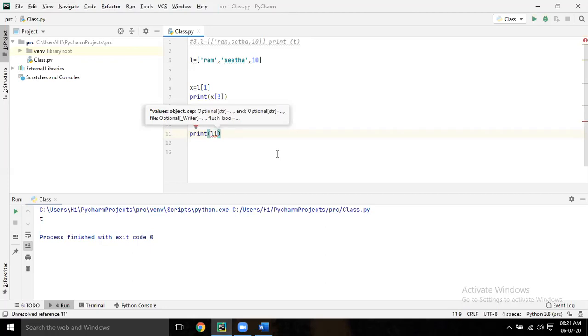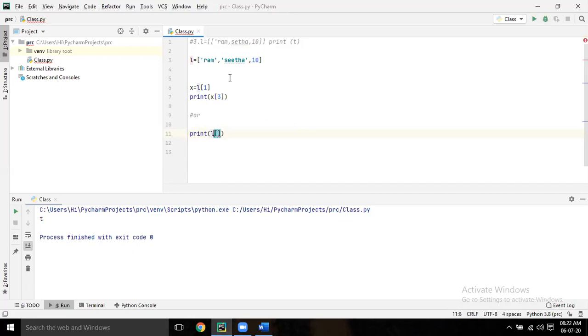No, L of 1. L, square bracket. Square bracket, bro. No, L, not L1. Give 1. Bro, just L. List is L, sir. In print, X of 3 you have written, right? Yes, sir. What is X?